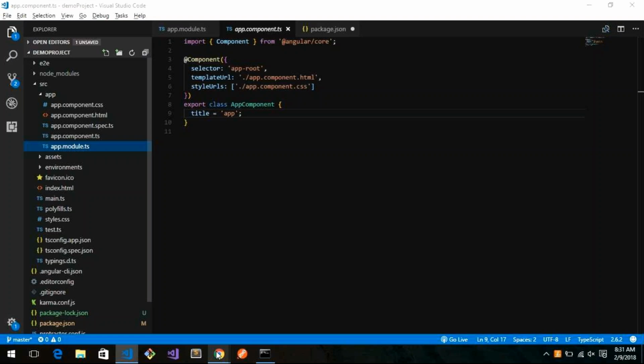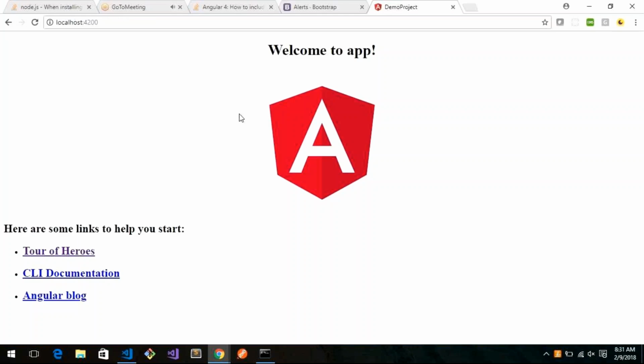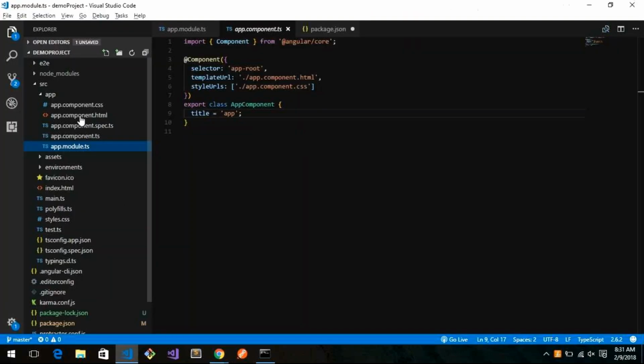I don't know why my system is so slow today. Hanging. So you see this welcome to app, and then there's this icon and then the three links. So if I go to the code,